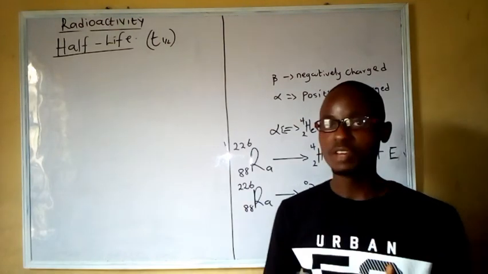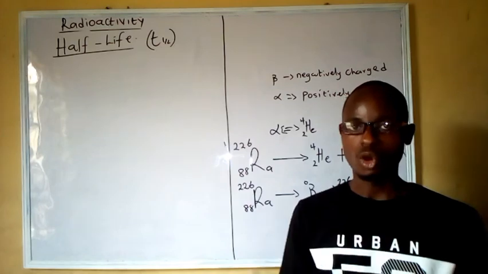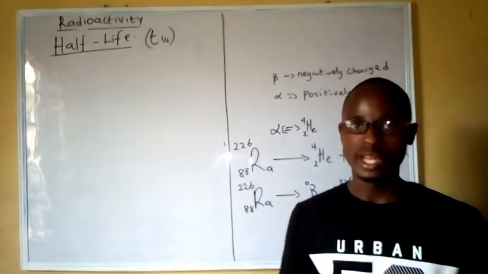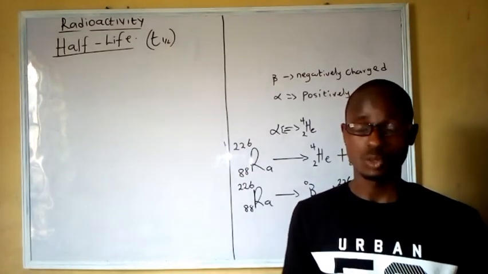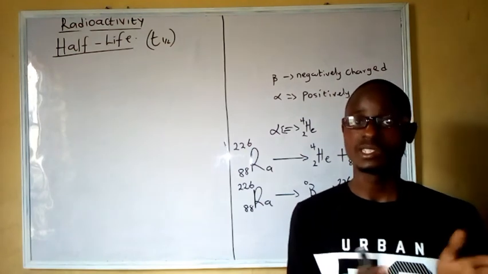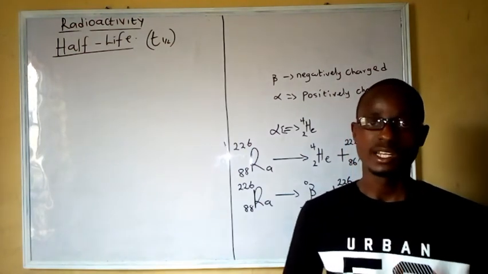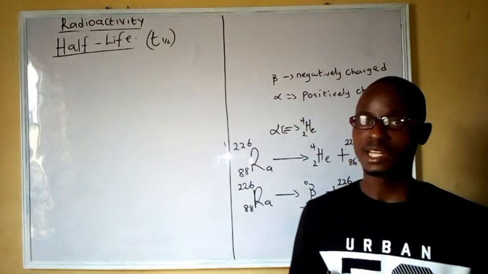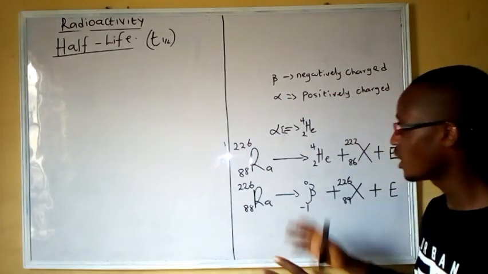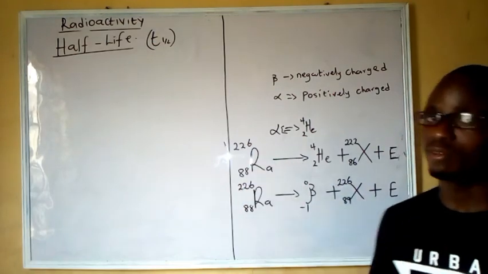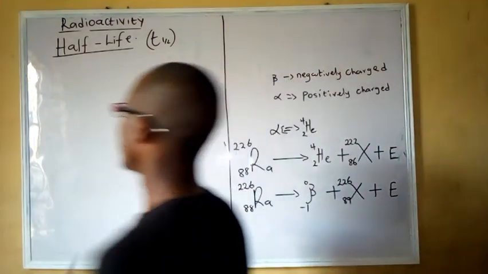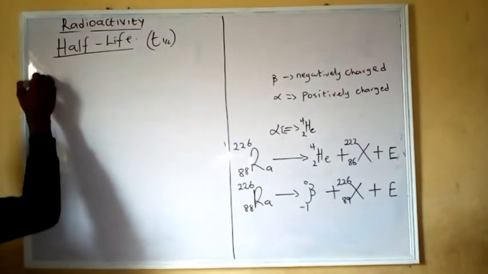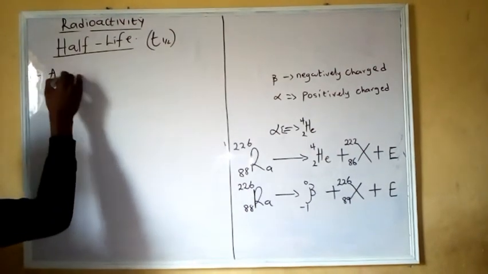So the time taken for half of the whole atoms present in an element to completely disintegrate is what we refer to as the half-life of such elements. However, let's take an example based on what we have discussed earlier, on the half-life, to see how it goes. There is a question that says a radioactive element